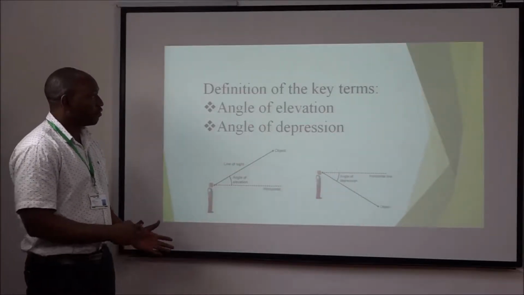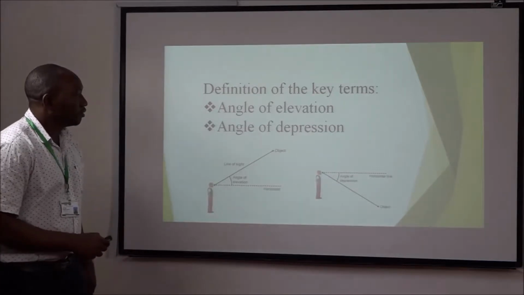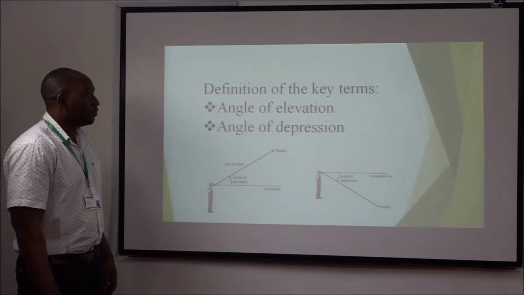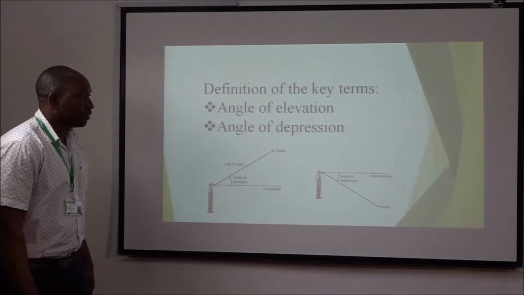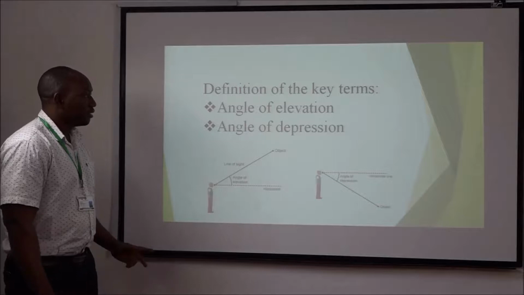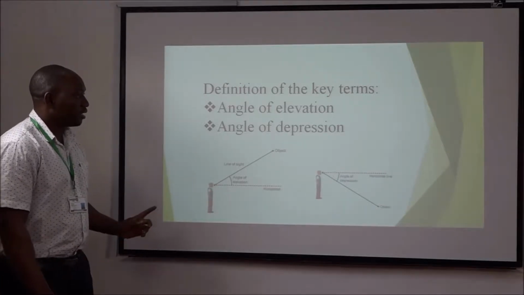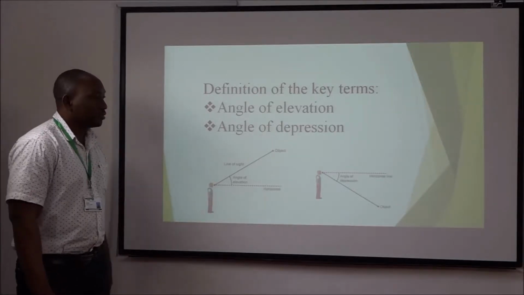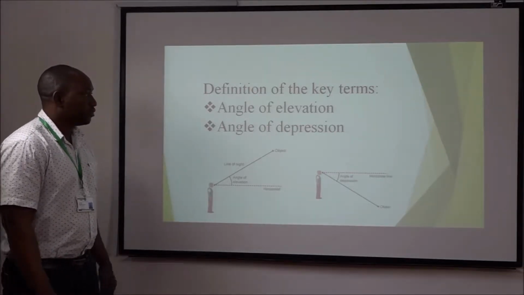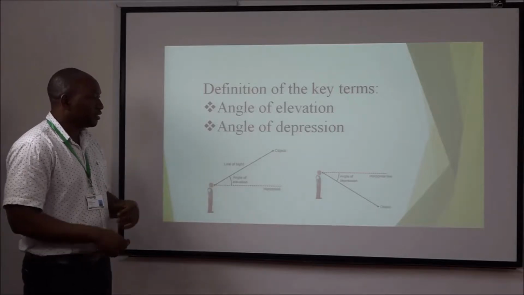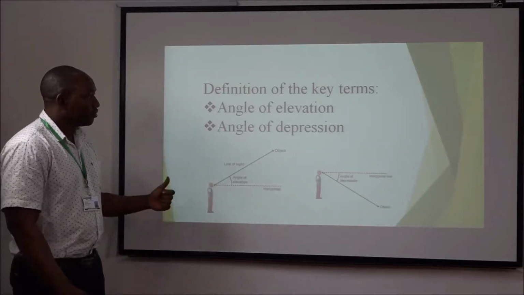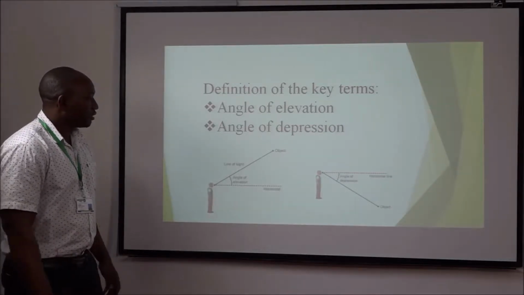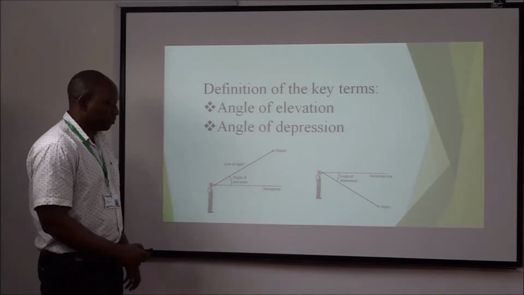So before solving the problem concerning these trigonometric ratios, we have to define some key terms such as angle of elevation and the angle of depression. Without understanding these two terms, it becomes difficult to solve the problem, especially in designing the diagram, in the process of transforming the word problem into a diagram. So let us first use these diagrams